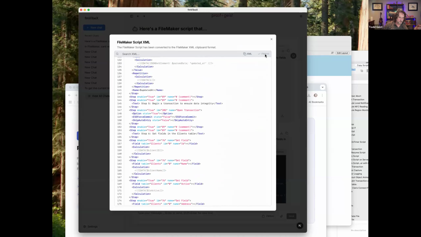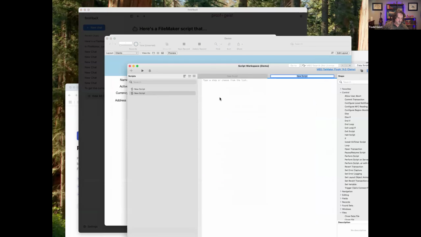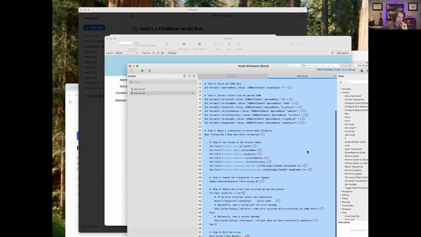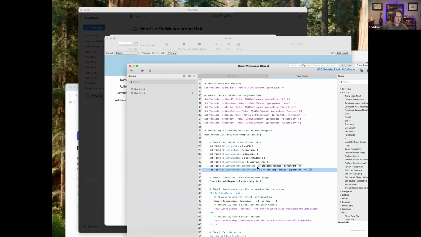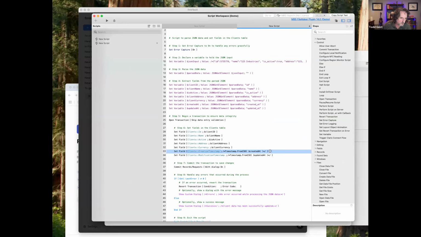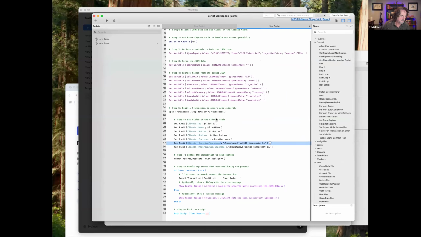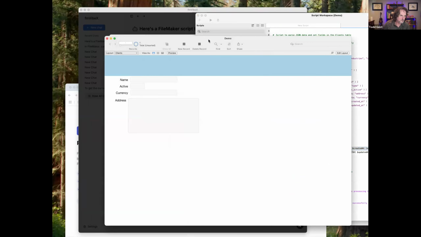And if I copy that to the clipboard and I go to my demo file and I make a new script and I paste, this should do pretty well. And it sure does. It missed a couple because I've taught this chat to use some custom functions, which I don't have in here. So that's probably pretty good considering you don't have those custom functions. But that did do what we wanted it to do. Now, again, you do like any other vibe coding kind of thing. Looks like it did not do the close transaction.